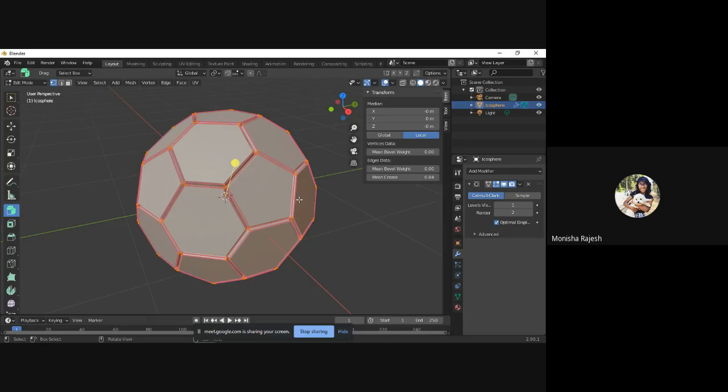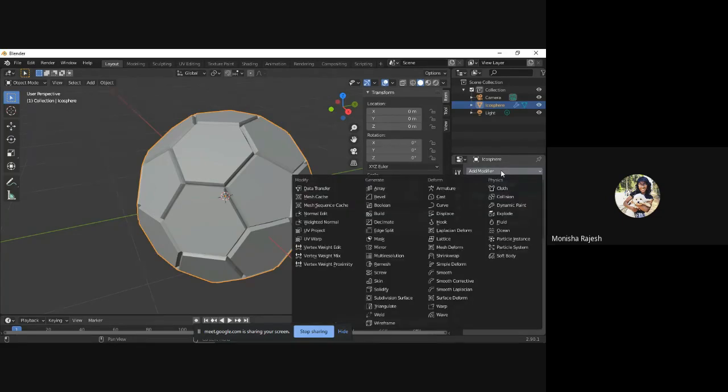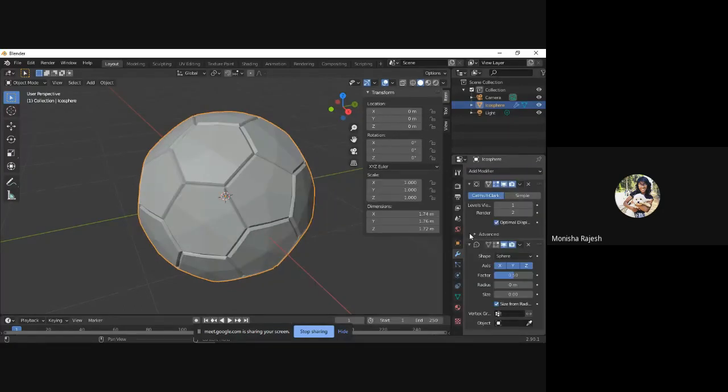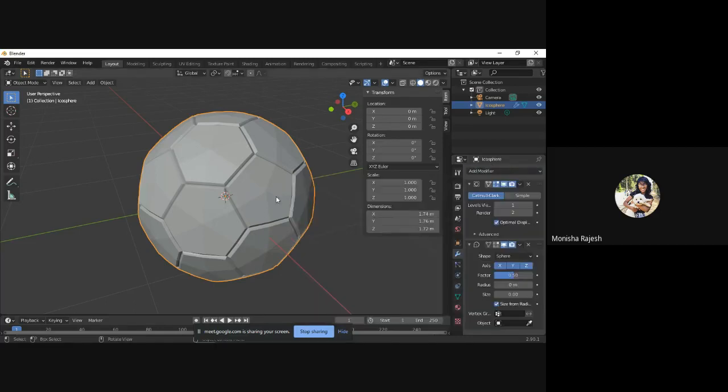Now once that's done, you can press tab again, and you'll go back to your object mode. Once you're here, you'll have your modifiers tab there. What you'll do is press add modifier again, and you will press cast. Just to recap, once you increase your mean crease, you will press tab. So you come back to your object mode. When you're in object mode, you'll already be in your modifier properties tab anyway. So just click add modifier and press cast. Now that will give you this,